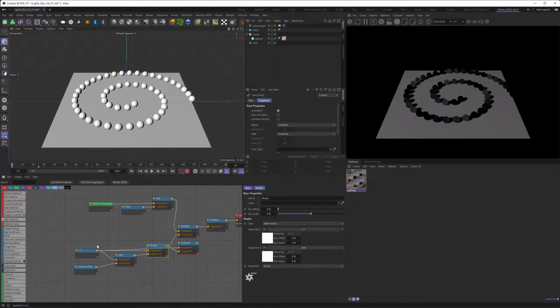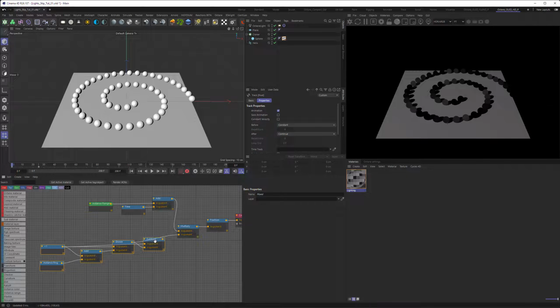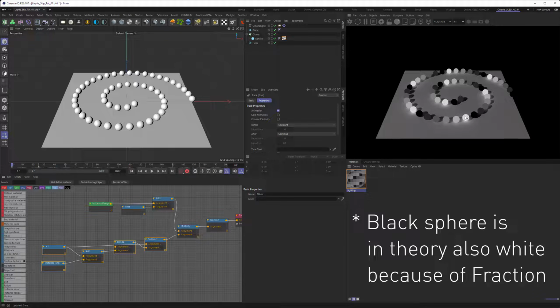And this is the value we then need to bring in our multiply here. So now, instead of a white sphere that will be turned to black in the fraction, we will get a slightly darker sphere that is in the sense of the value as far away from the black sphere as far as the next in the lower line is from this sphere.